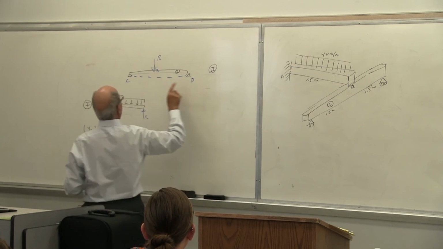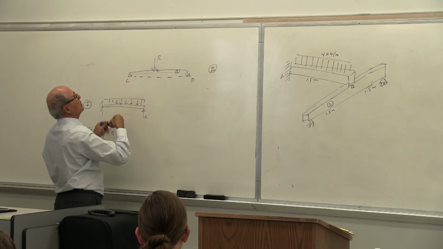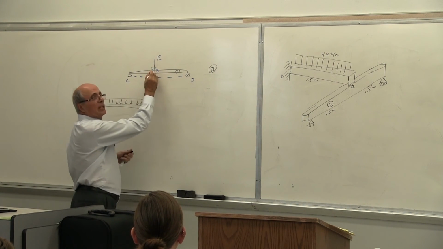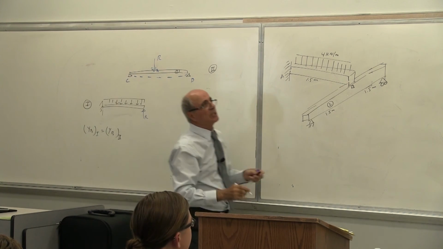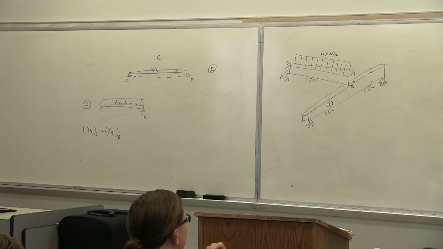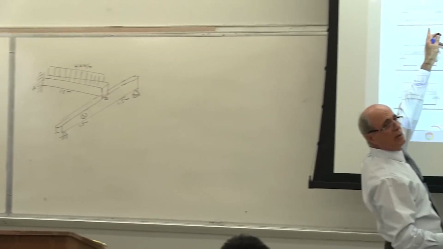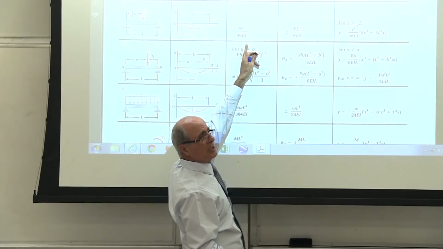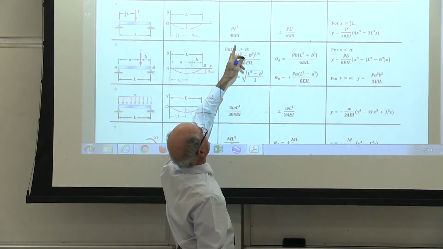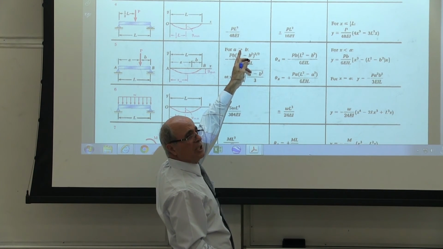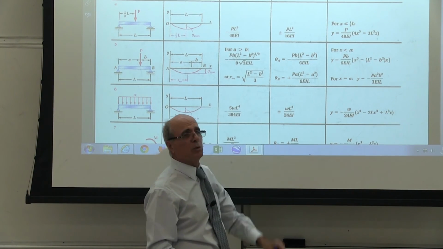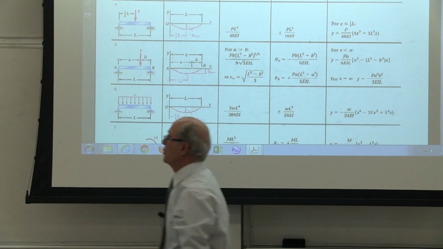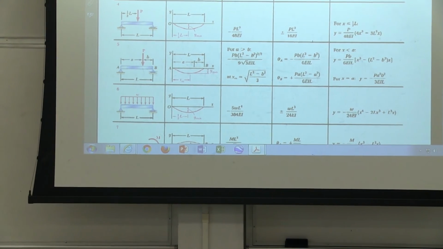This is system 2. How much is that? Look at this beam. The load is right at the middle, yes or no? We already use it. Which one is that one? That one is that one, case 4. Yes or no? How much deflection do I have at the middle? We already use it in the other problem. Minus PL cubed over 48 EI, but the P changes to R. Okay, so this one, the right-hand side, this one.